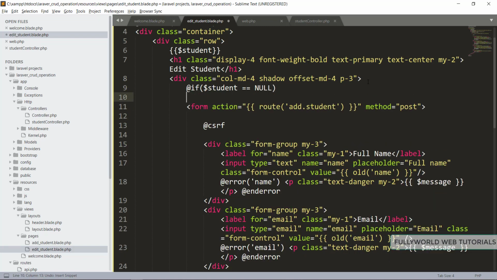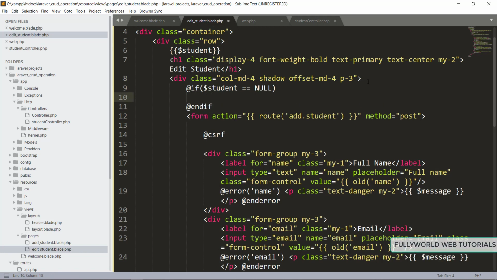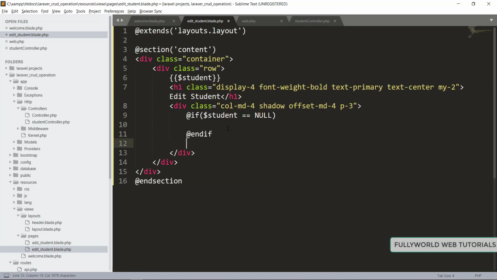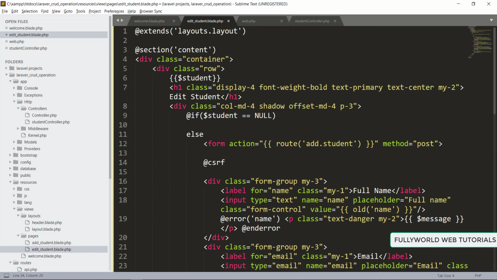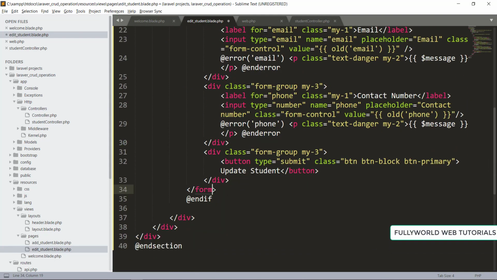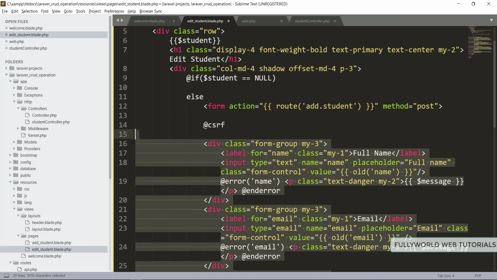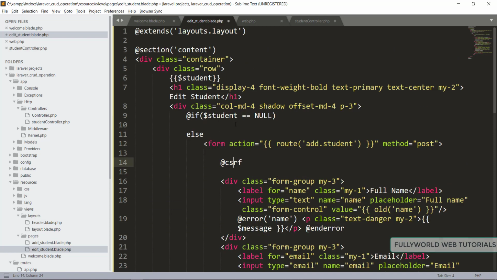And here I'm going to write endif. First of all there will be our form. I'm going to cut this, and this form will be in the else condition here. So this form is under the else condition.